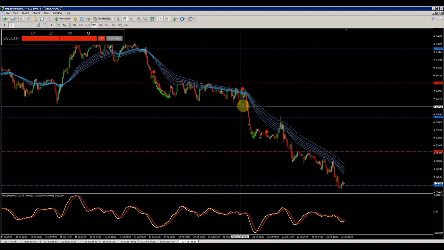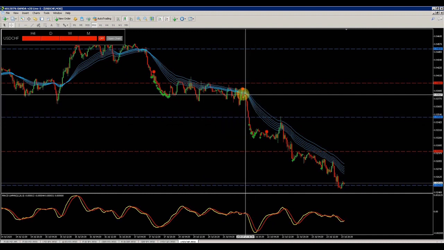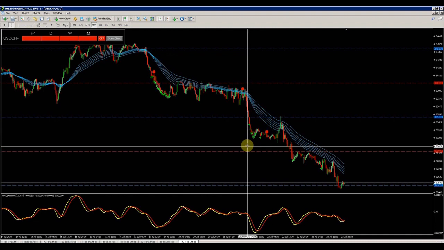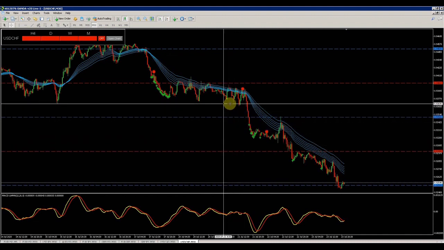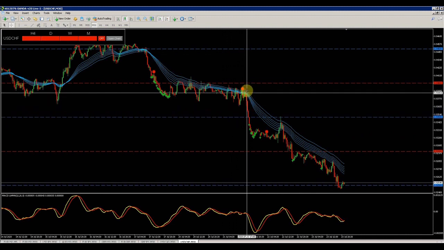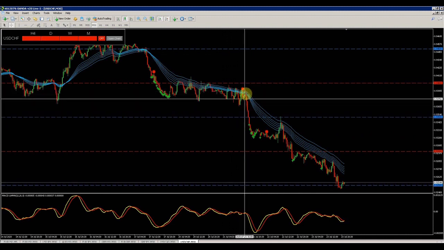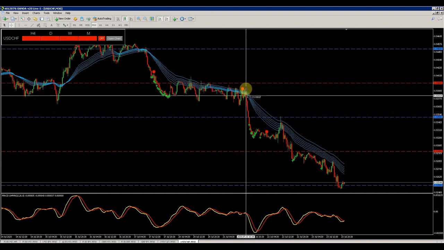Now, like I said before, I don't normally enter trades straight away. What I like to do is wait to see what happens to price, and sometimes price may go against me really quickly, or in the direction I thought it would, and these things happen. But for me, I waited until price got back into the MA. So just as it got in here, that was my signal to get a better reward to risk,